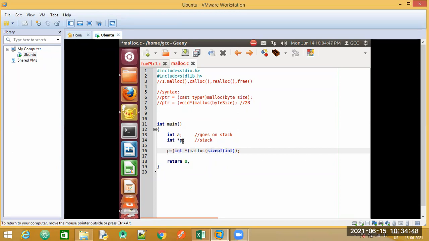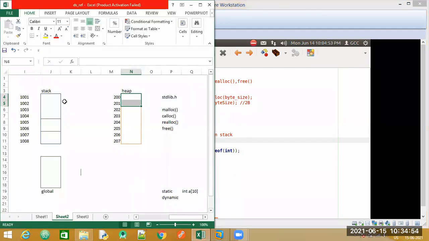This particular variable p is put up on the stack. Let us say that I will put it up at some memory location here. Let me say the p is allocated here. Currently it is not initialized, the value is not initialized. Let me write p. So p is taking up the memory space 1008 on stack.